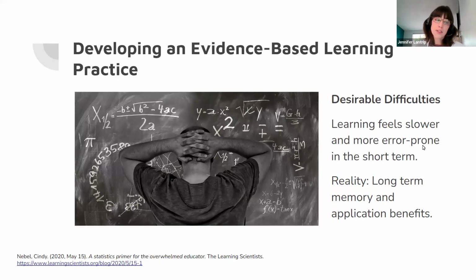And one of the things I wanted to point out is that these learning strategies feel difficult. They can feel difficult. That is because they're actually really making your brain work, and they're basically like strengthening your neural pathways. And so you really are going to retain that information. So it can feel challenging, but it's actually quite efficient and it's going to help with long-term retention of the